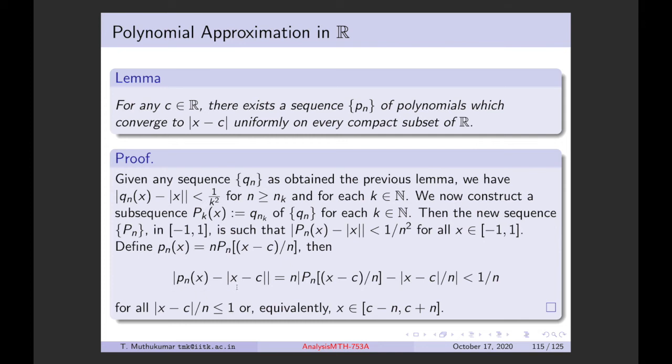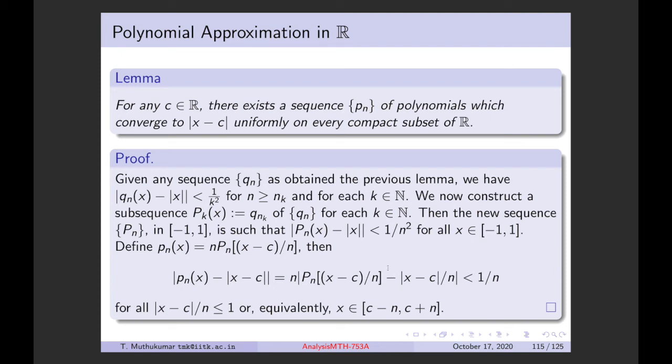So |Pₙ(x) − ...| , by this definition, use this definition here. If you use this definition, you have Pₙ(x) minus c over n, and then you multiply and divide by n here, bring that n out here, so you actually have this estimate, whatever you have here: Pₙ(x − c over n) times |x − c over n|. So here you have multiplied and divided by n. Whatever n you have there and whatever n appears in front of Pₙ here comes out,